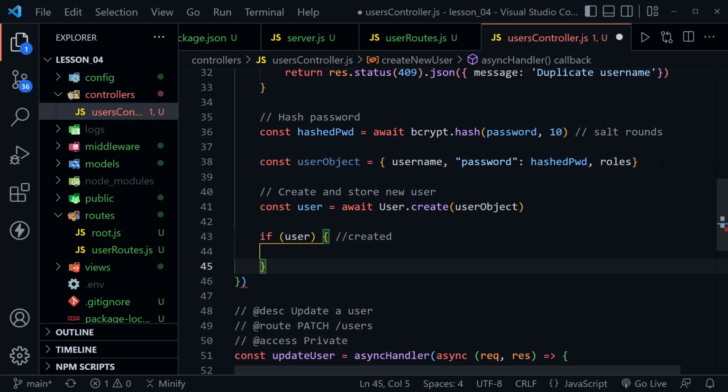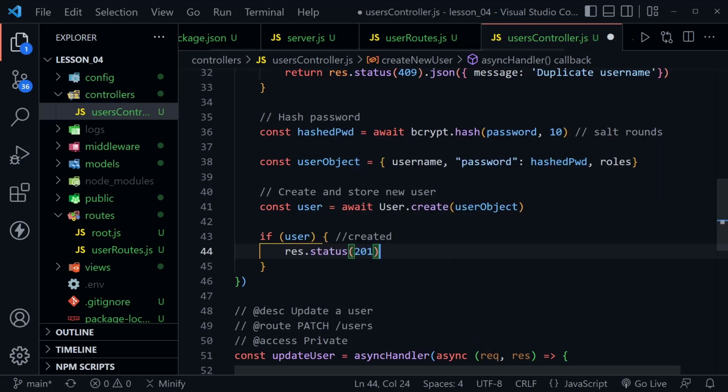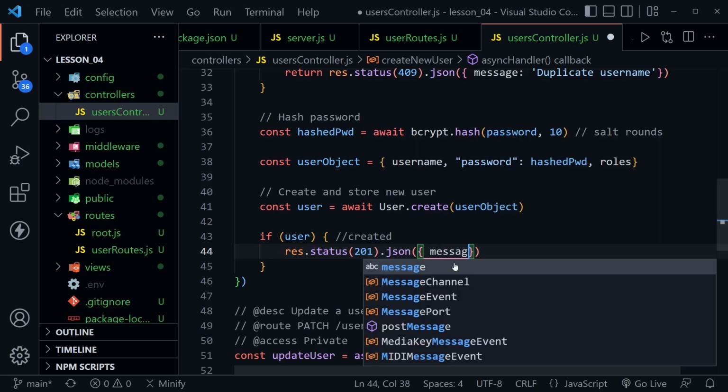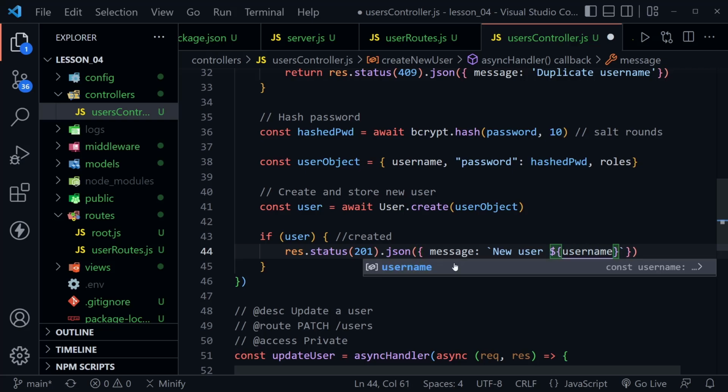Then we can do something here, or we could have an else afterwards if not. So we'll say response.status 201. Notice I'm not using a return because I know I'm at the end here, and I'm going to use an if else instead. So message, and then I'm going to use a template literal, say new user, pass in the username value,